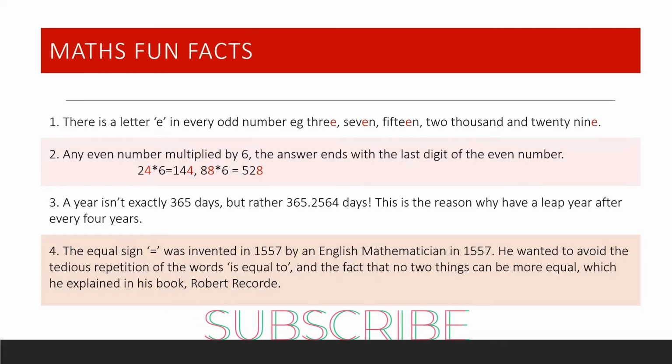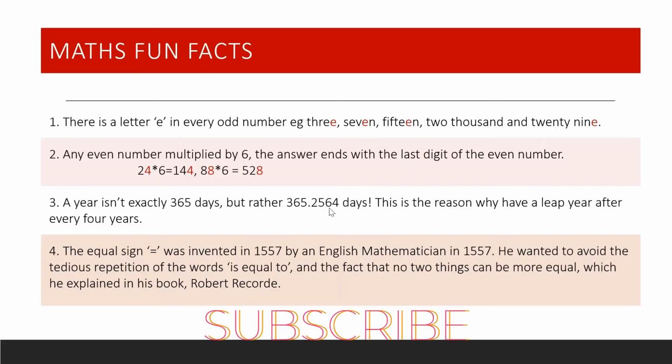The third fact: as we all know, some of us know that a year has 365 days. And actually, 1 year doesn't have that exact number. We truncate the actual number, which is normally 365.2564. We truncate it to 365, and that's why most of us know that a year has 365 days. So now this truncated number, 365.2564 days,